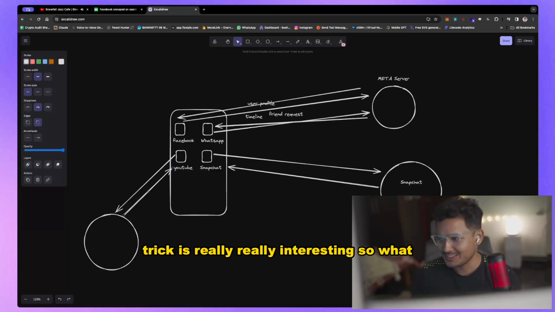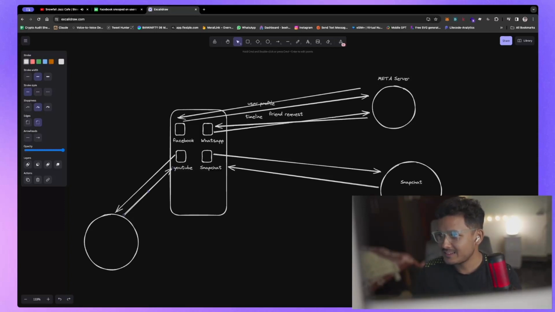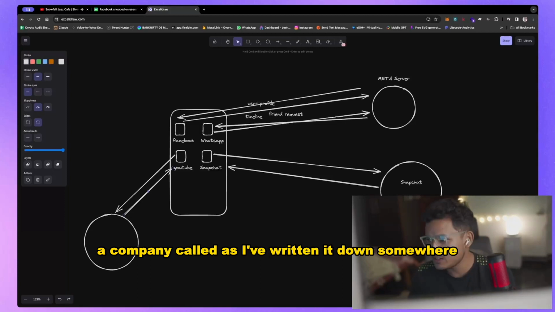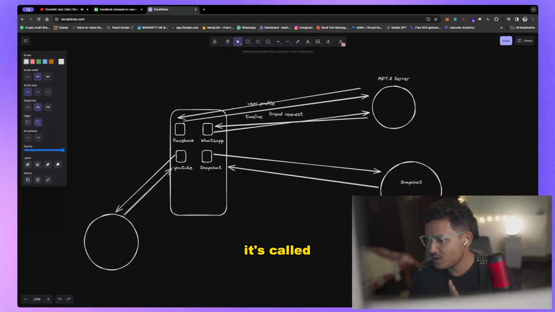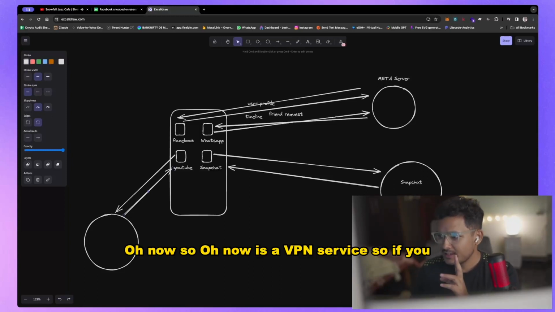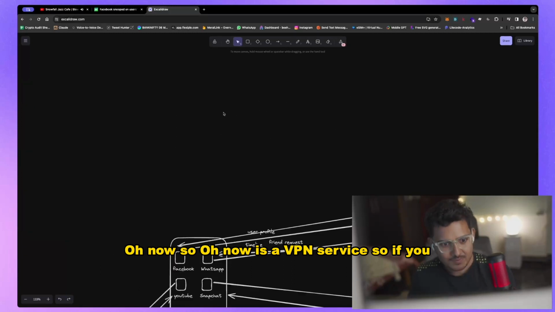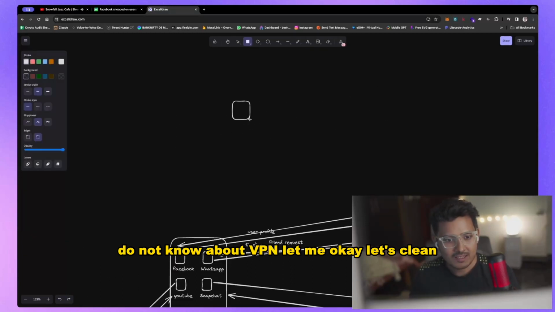The trick is really interesting. So what Facebook was doing basically: Facebook bought a company called Onavo. Onavo is a VPN service. So if you do not know about VPN,